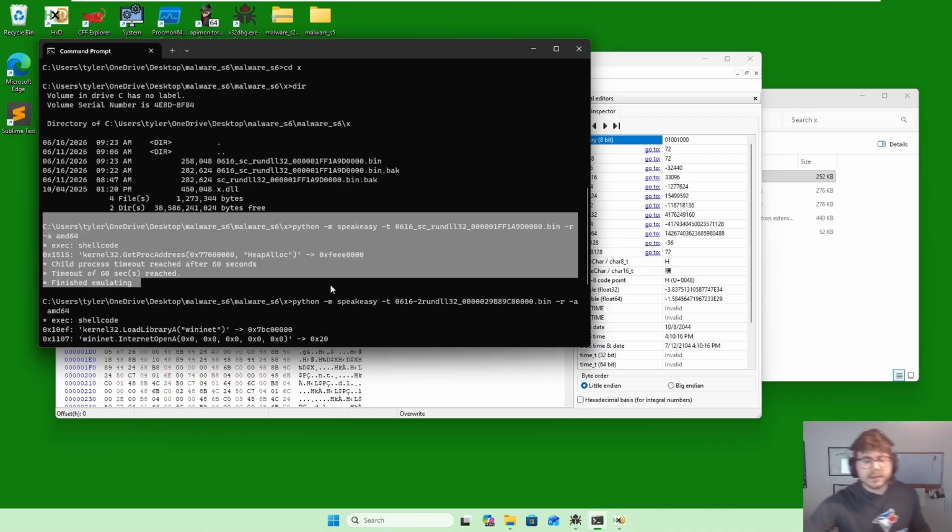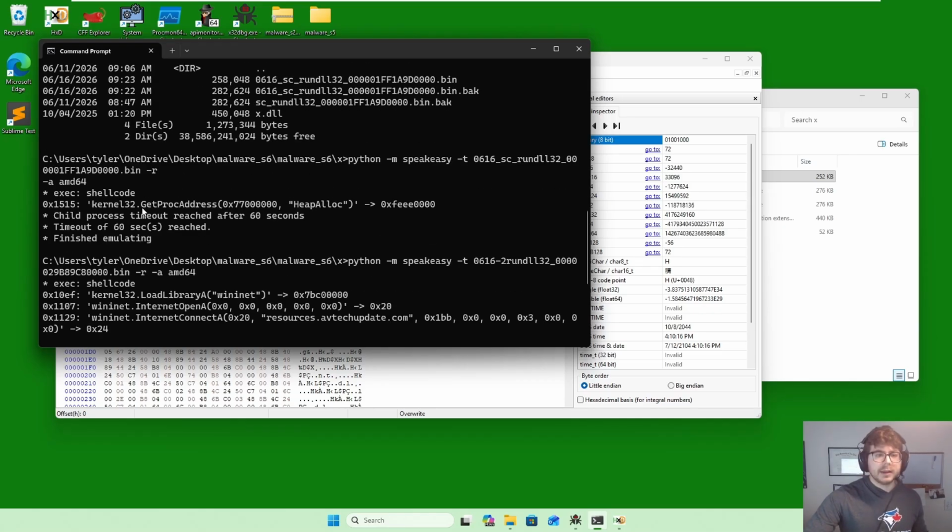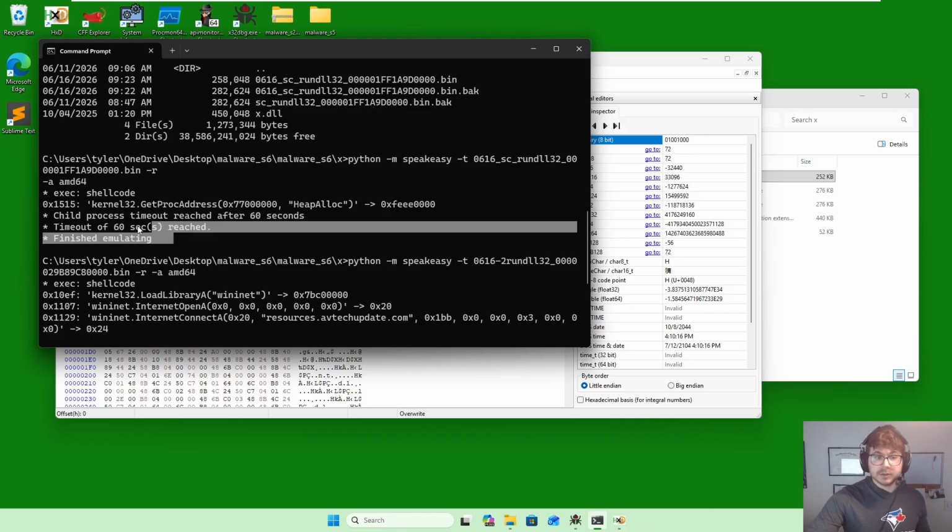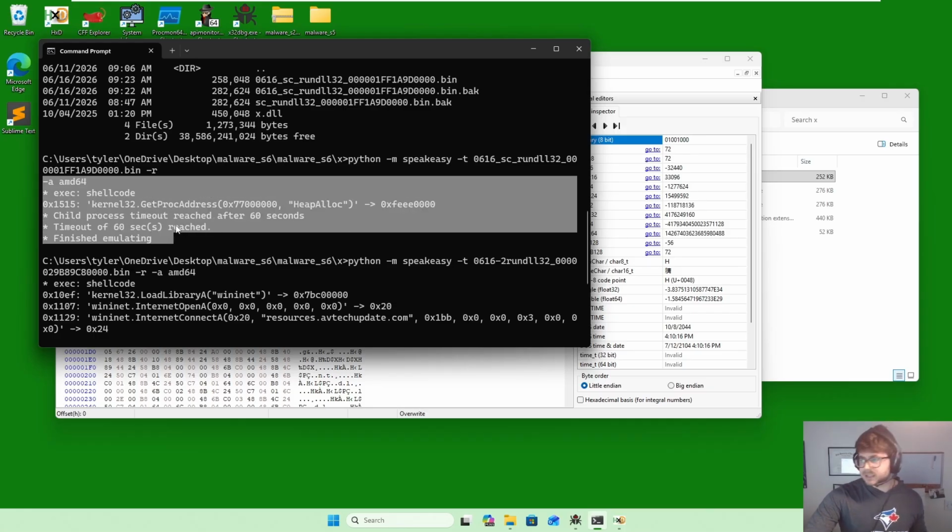We can see that HeapAlloc, and GetProcAddress for HeapAlloc, was being used. And then obviously we timed out, but we saw what I guess the initial shellcode looks like. This is the beginning, as it starts to load libraries at runtime. So we were then asked